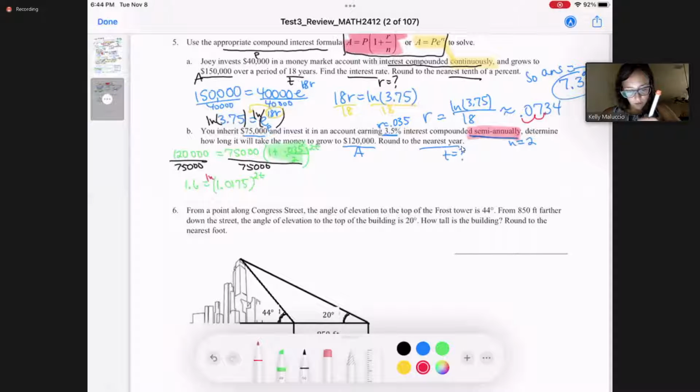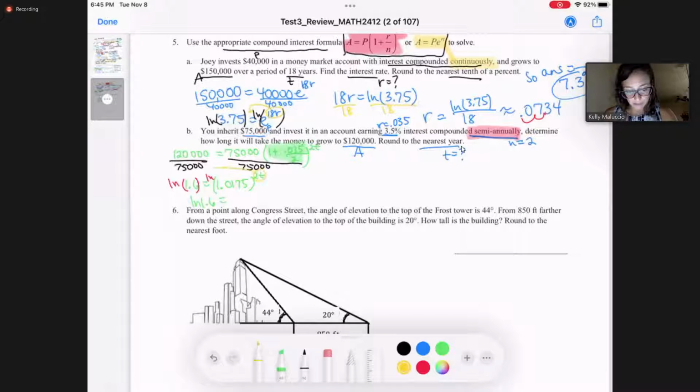So that's what I'm going to do, ln. And you could take log as well here. It doesn't matter. You're going to get the same answer. Just stick to your guns, whichever one you pick. And my new equation here is going to be ln of 1.6 equals, now I will bring the 2t in